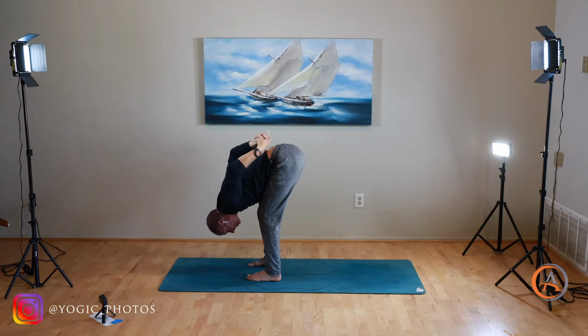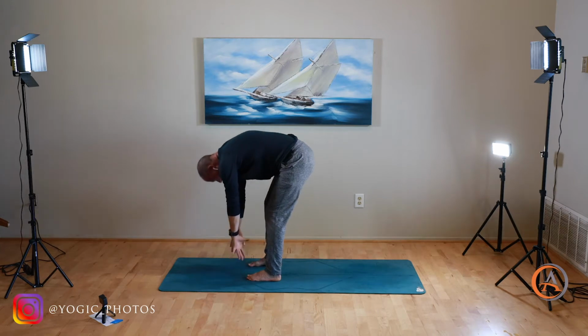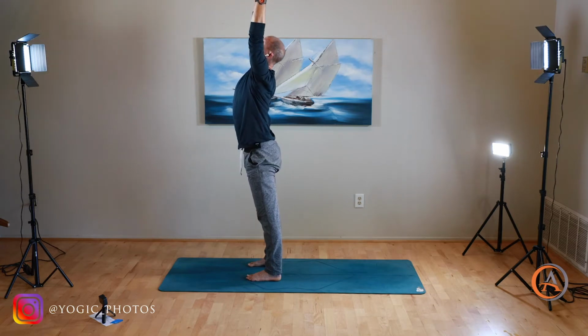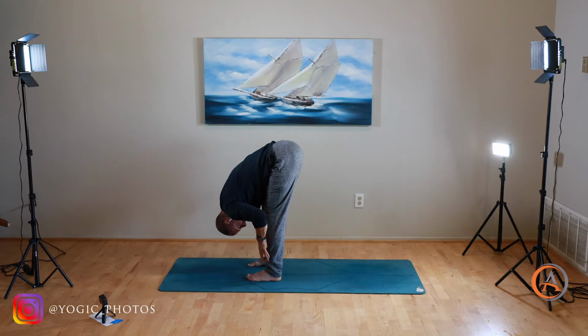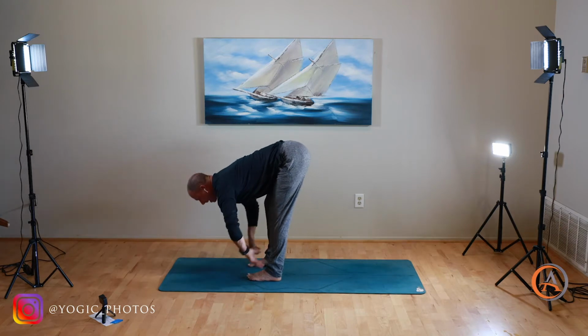Hands to the floor. Roll up to mountain pose. Slowly we take the arms above the head. From the feet to the sky, really extend, rebound, look up, breathe in, exhale, fold forward, hands through the heart center, bending the knees. Hands to shins at the bottom, halfway lengthen and lift, breathe in, step it back, high plank,